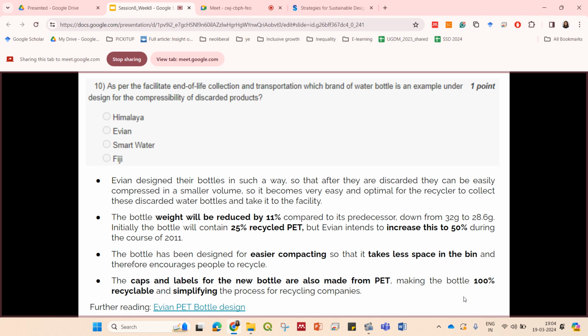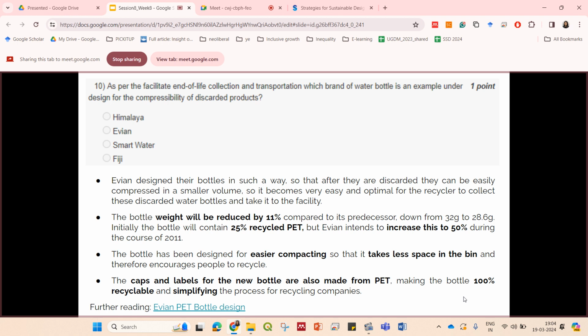And also, for easier compacting, they designed their bottle in a way that it takes less space in the bin, and also encourages people to recycle the product, and it further encourages even the recycling companies to recycle the bottle. For this, they made the caps and labels and everything from PET. So all the components of the bottle